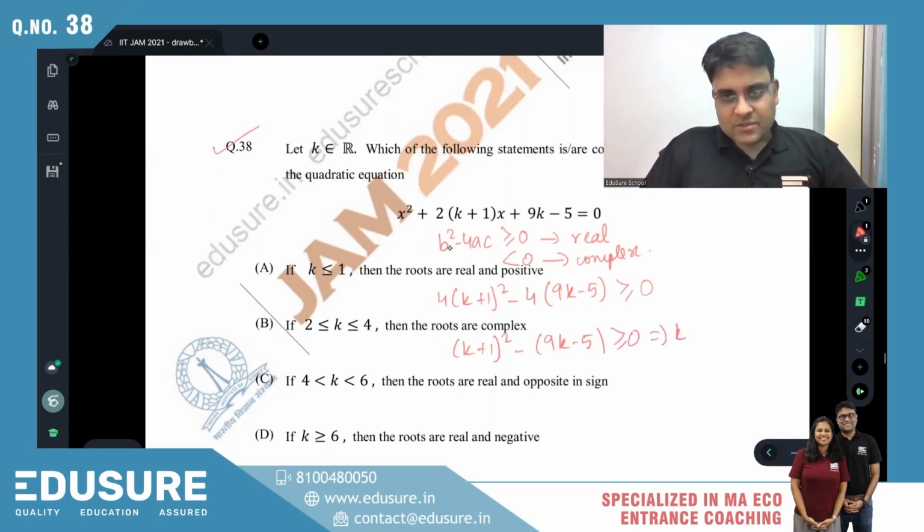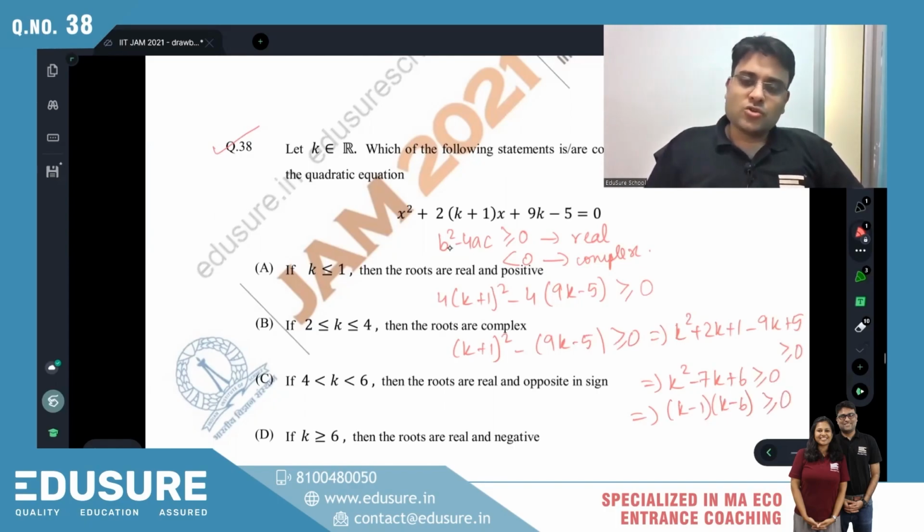So this becomes k square plus 2k plus 1 minus 9k plus 5 greater than or equal to 0. K square minus 7k plus 6 greater than or equal to 0, or (k minus 1) into (k minus 6) greater than or equal to 0. So whenever k is less than or equal to 1 or k is greater than or equal to 6, then